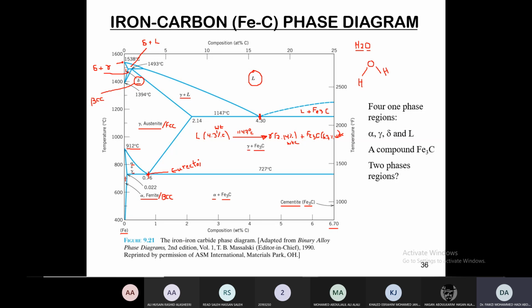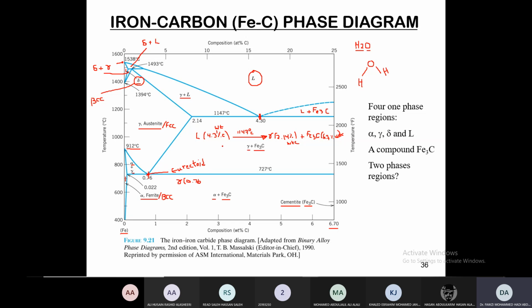To differentiate between it and the eutectic point, we call it the eutectoid. If we want to write the equation for that, we say just above the eutectoid isotherm, and the eutectoid isotherm occurs at 727 degrees centigrade. So we can write that equation for this as well. So we say gamma at what composition? If you read down there, it is 0.76 basically. So you have 0.76